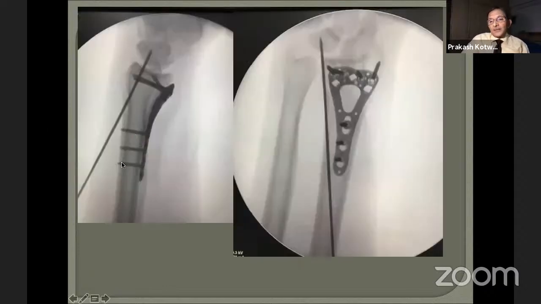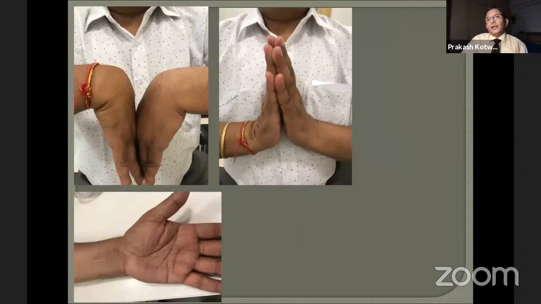And now this is the case where you need to go on the volar side. You're trying to again fix the volar fragment. This is the key displaced one fragment, key corner, and you now stabilize the lunate into its saddle, and so well fixed and anatomy restored. And that's the good result that you can get. If the fixation is good, you can start early mobilization